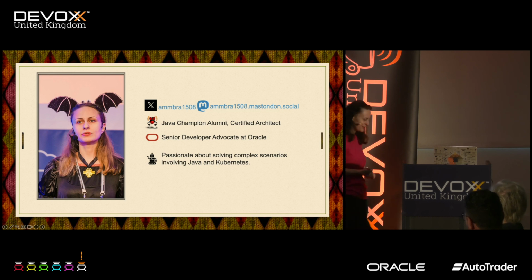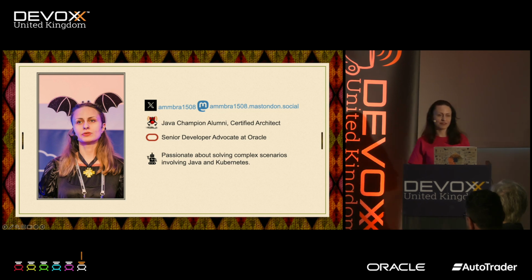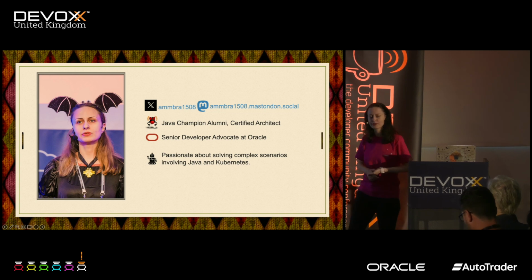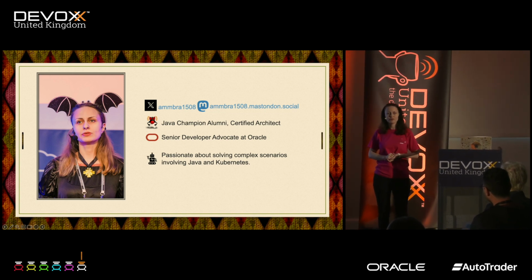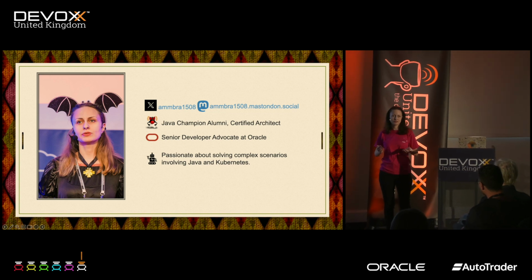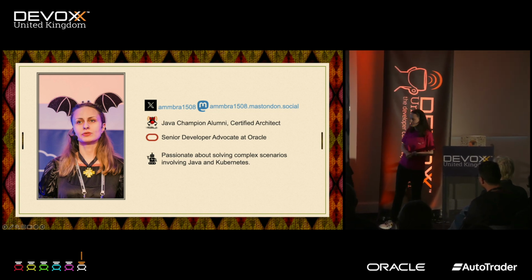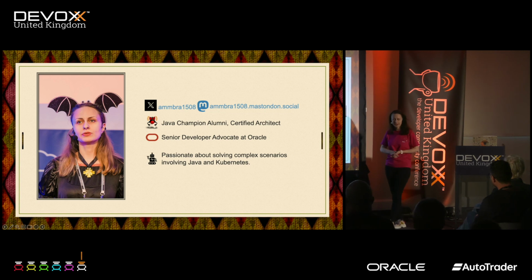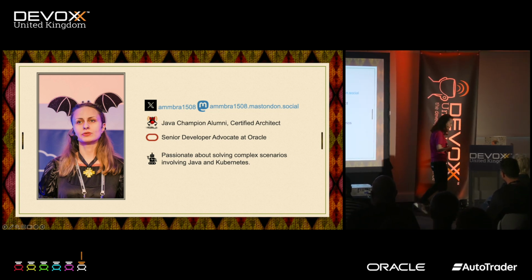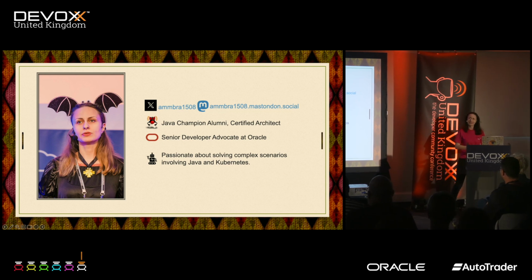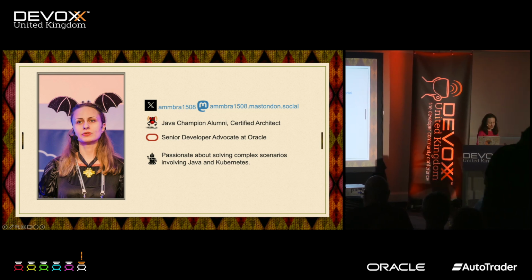I love to help different events like this one, and am involved in the program committees of certain events. And that one was when I helped a conference back in my home country in Romania, Voxxed Days Cluj-Napoca, where we had a Halloween theme and I was a vampire. But I still had a technical talk about troubleshooting Java applications and containers, if I'm not mistaken, in 2019.